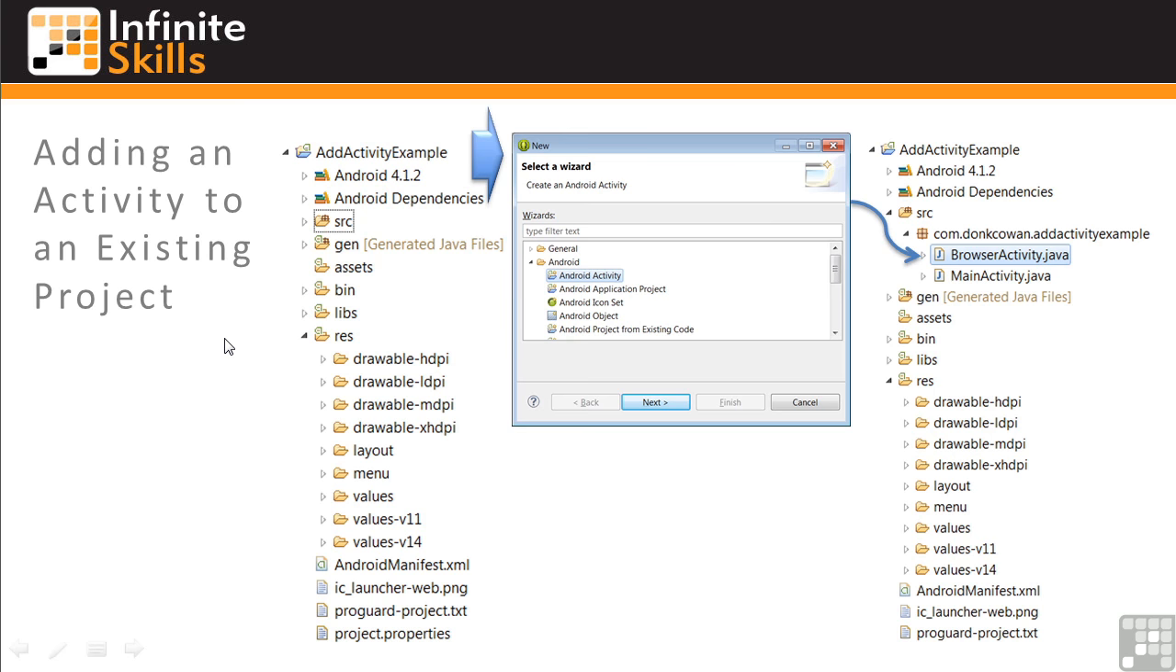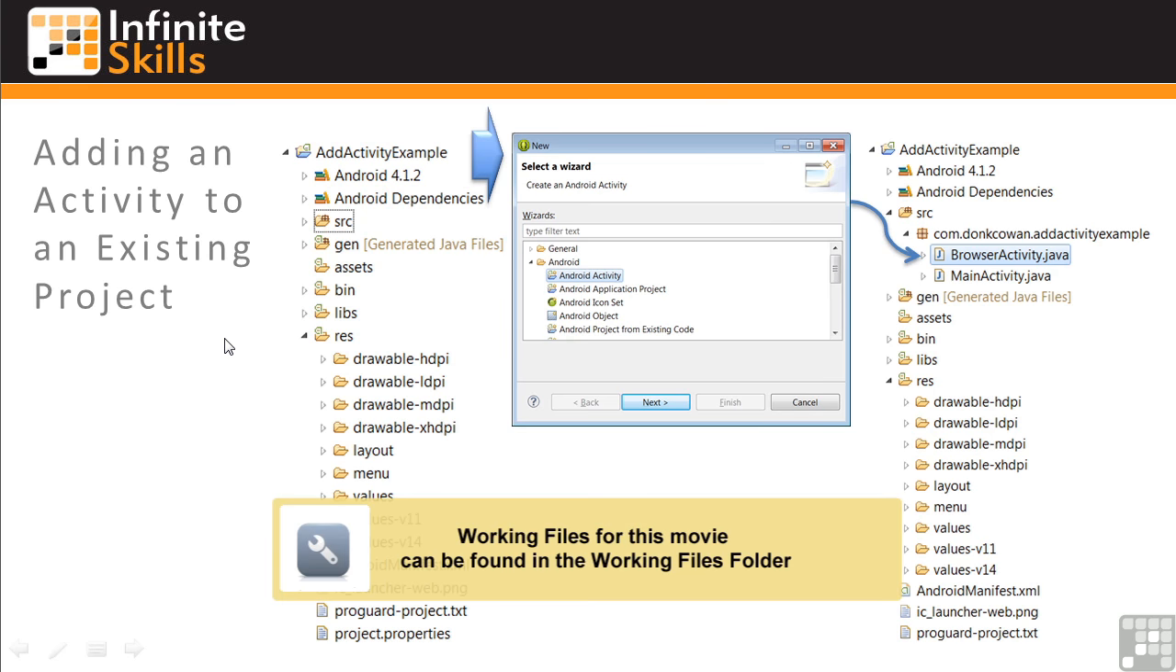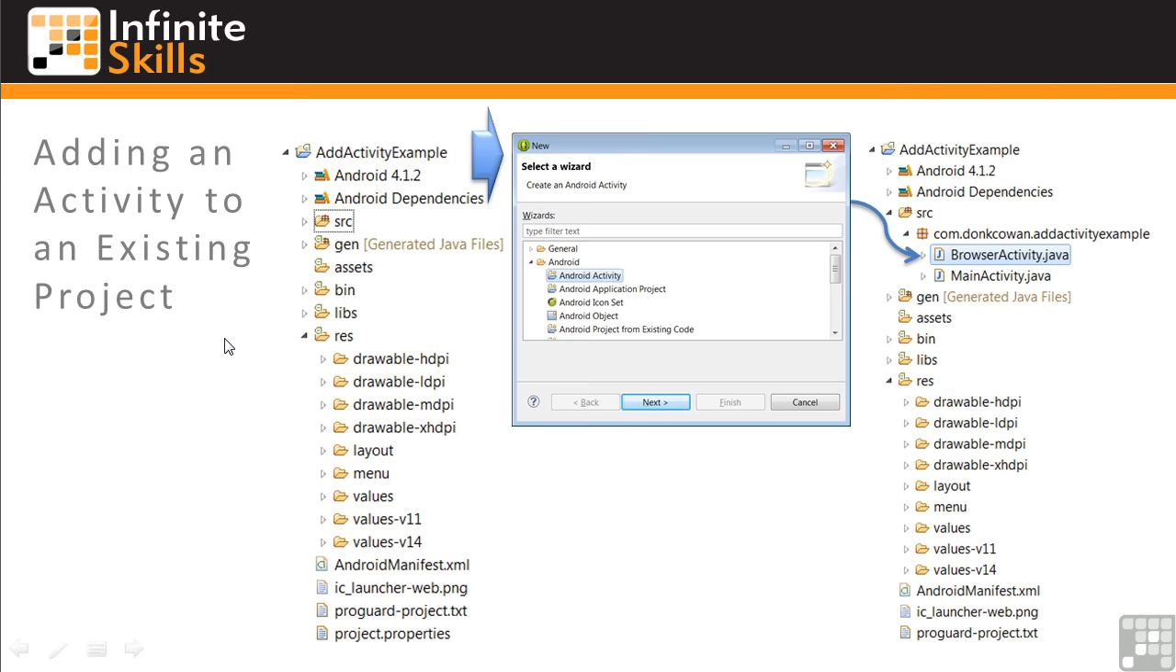In this lesson, you'll learn how to add an activity to an existing project. Now, you'll do this many times in your Android development career. It's a common task. To do this, we'll use an Android wizard to add an activity to our Add Activity Example project. The new activity will be called Browser Activity, and it'll join our already existing main activity in the